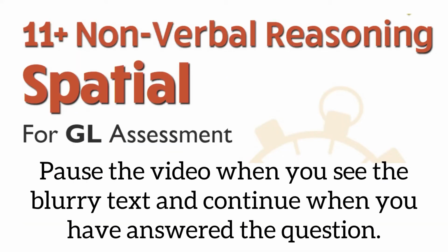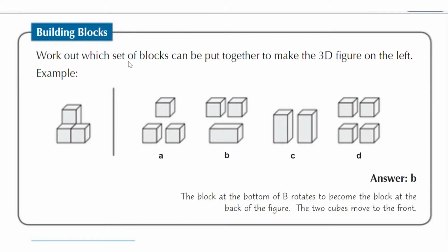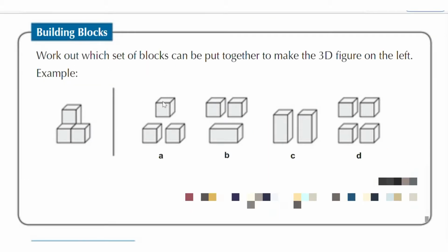In the 11 plus, for the GL assessment, we have the spatial reasoning under the nonverbal reasoning. Building blocks. It says work out which set of blocks can be put together to make the 3D figure on the left. So we have this and we have options. You're now to find out which one of these you can put together to make what you have here